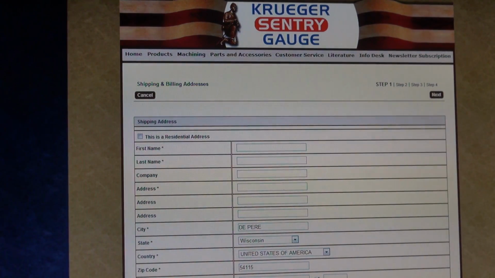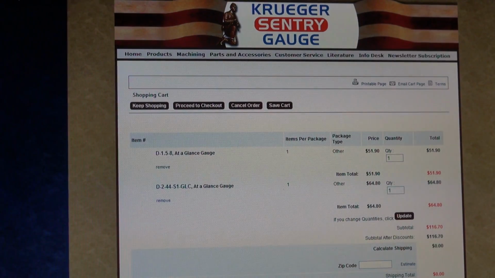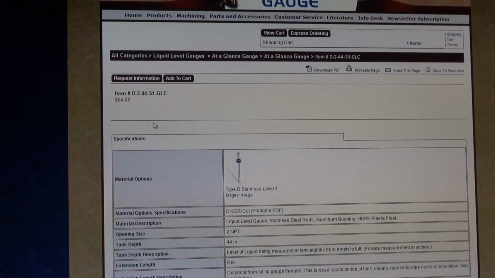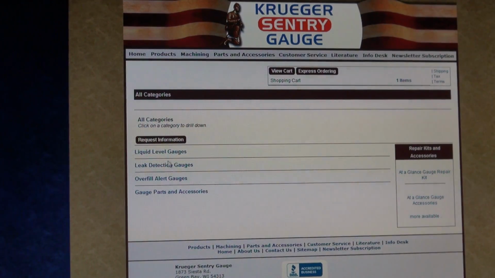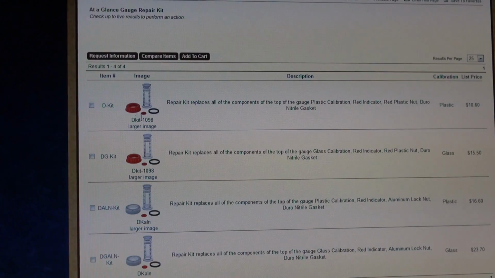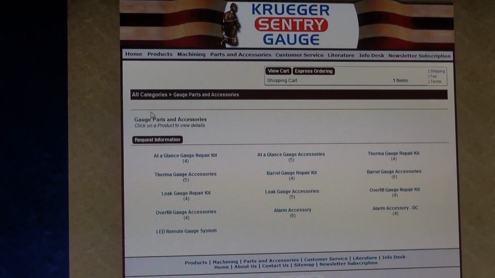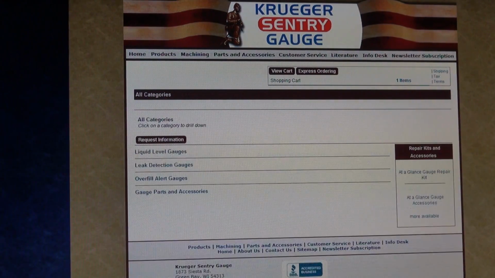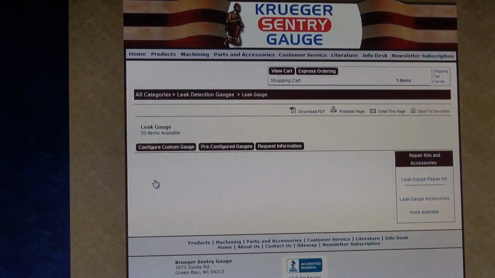That's the basic store, and I'll hit the back key a couple of times here, and I'm going to click on all categories to bring me back to that first page. And I'm just going to show, if I click on parts and accessories, at a glance, here it shows different repair kits for the at a glance gauge. I'm going to hit back a couple of times here and show you a quick leak gauge,